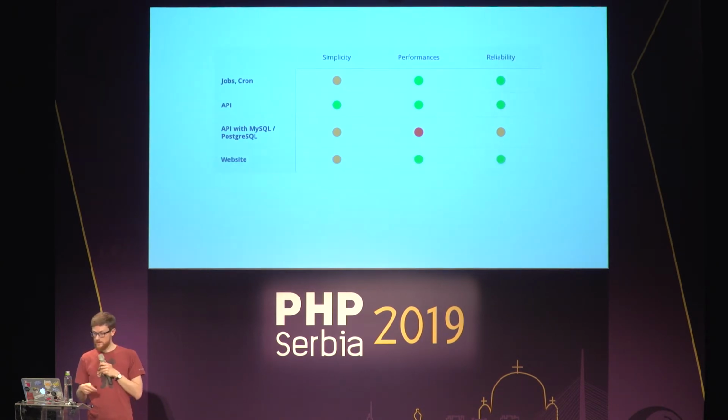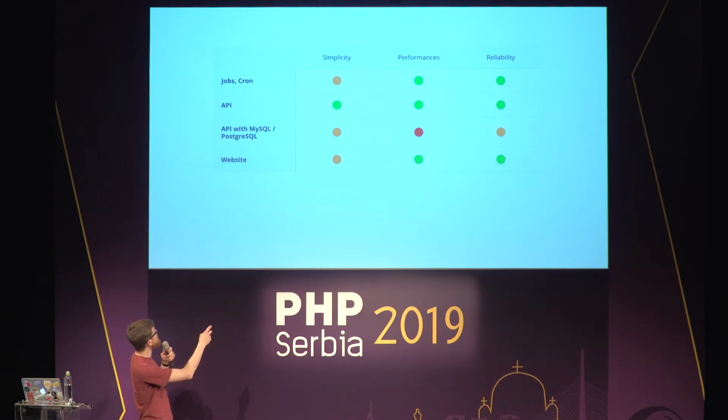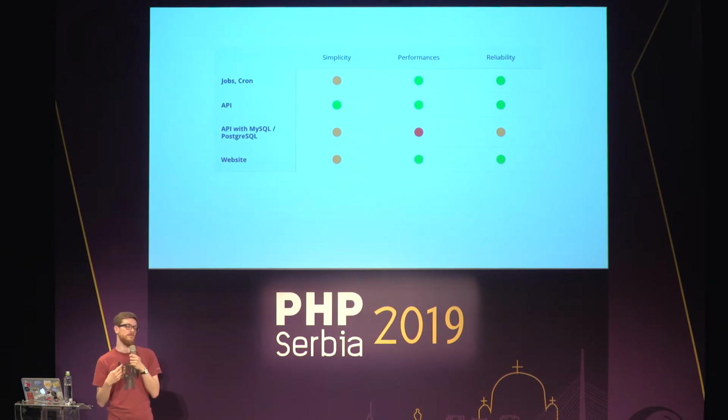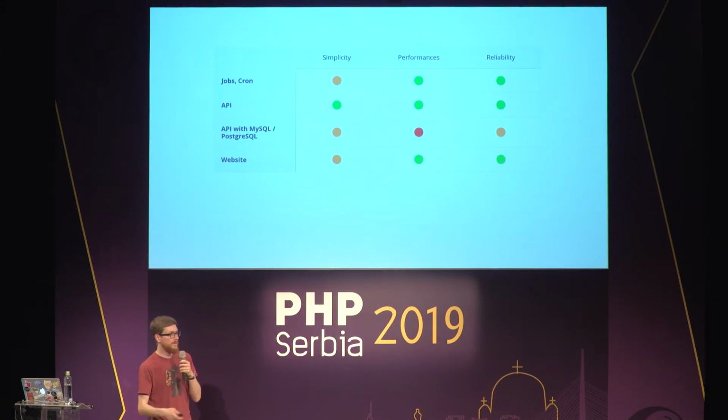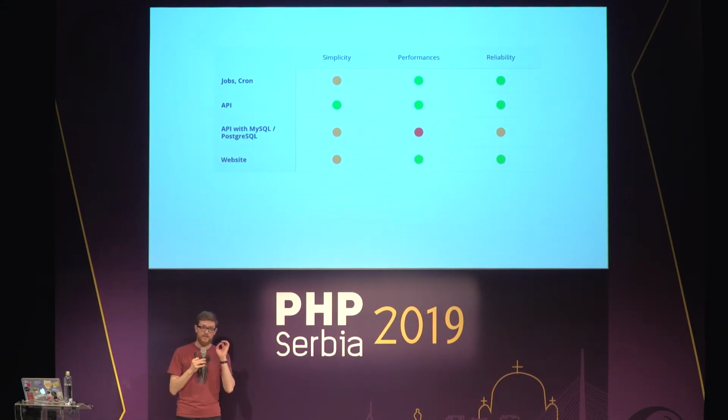Now, websites. Website is the same as API. It's even better here because most of the time cold starts are much more acceptable in websites. Like 300 milliseconds, it's really nothing on a website most of the time. And what's even better here is that if you set up a Pingdom or anything that pings the website every 5 minutes, then you never have cold starts, basically. So that's a really simple workaround.